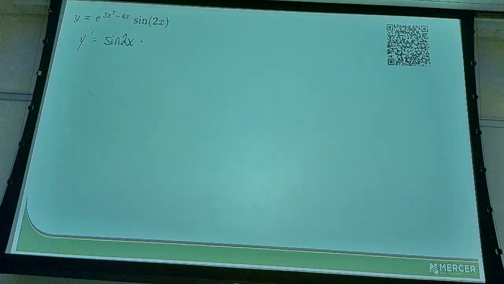And what was that rule? The product rule. What's the derivative of the first factor? That's 6x minus 4. That's just the first term of the product rule, right? Plus